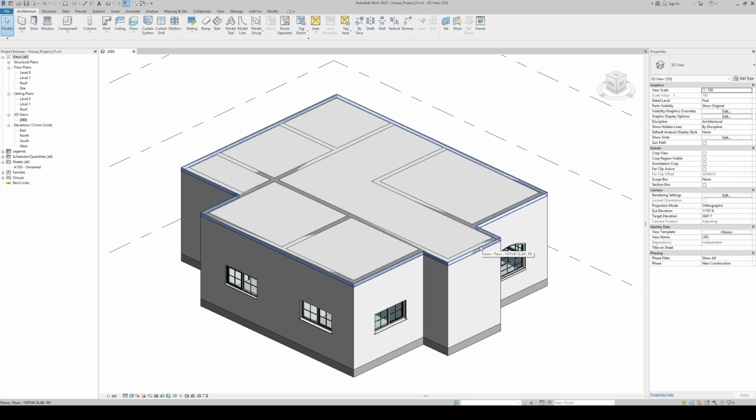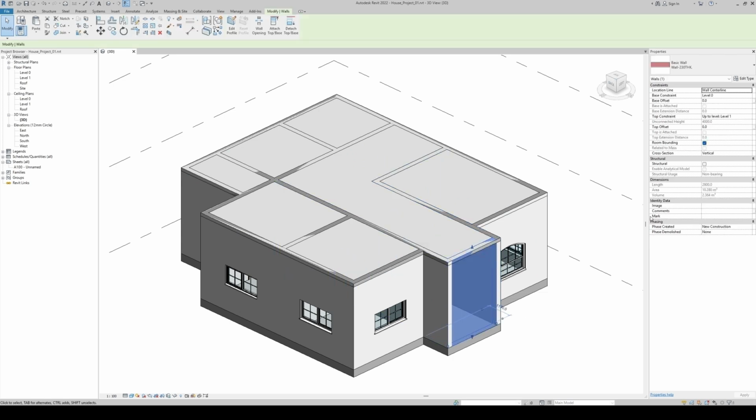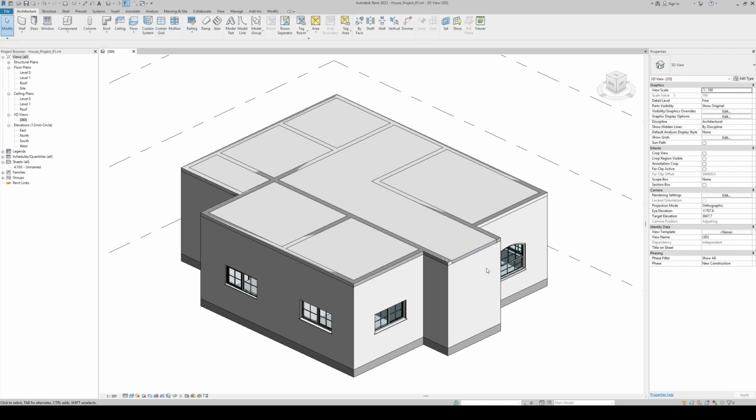So there are two options. You can choose to eliminate this clash. You select a wall and either you remove some from the top offset. So we know that the slab is 150. So let us stop this wall 150 below Level 1. So it avoids the clash. Or